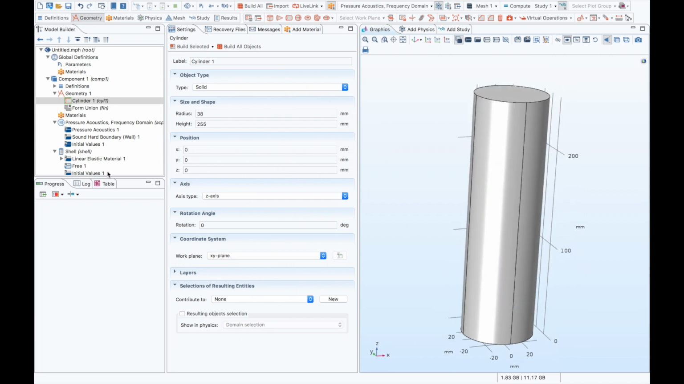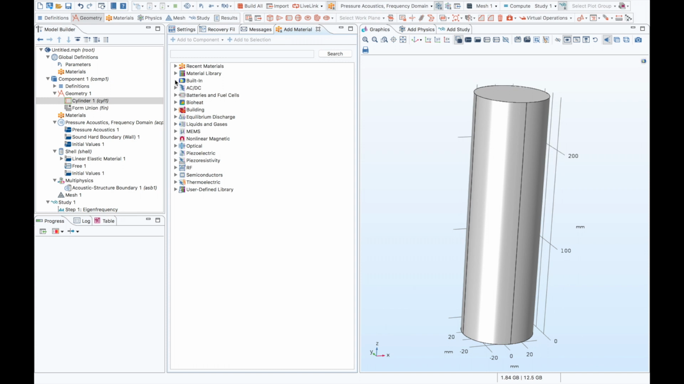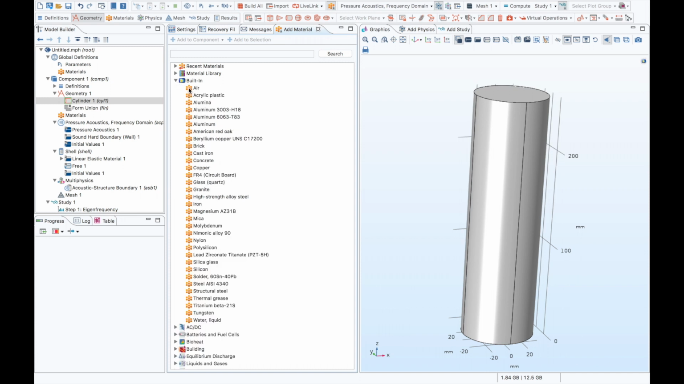So here at the bottom we will use the shell physics interface, and inside the domain we will apply the pressure acoustics frequency domain physics interface. Selecting the materials, so we need to assign some materials. We will use a material from the built-in library, so we will use structural steel,